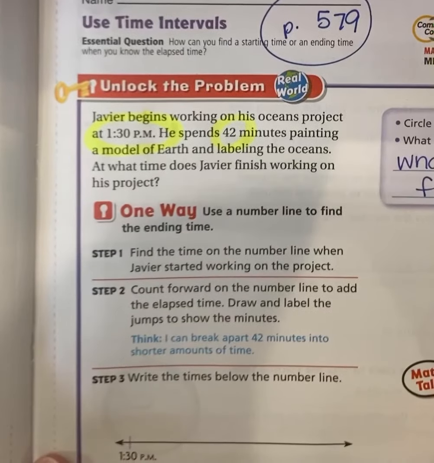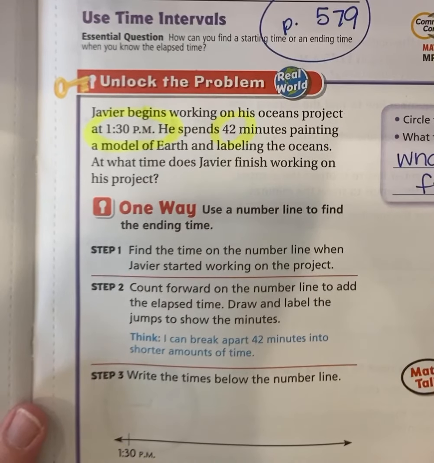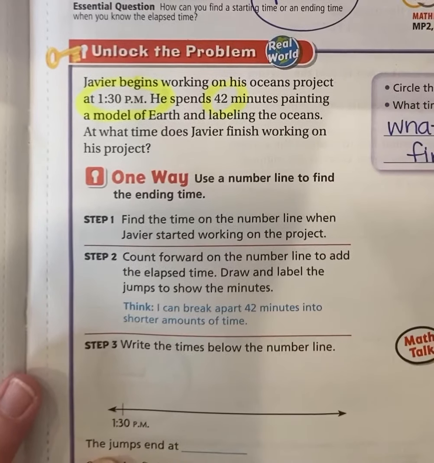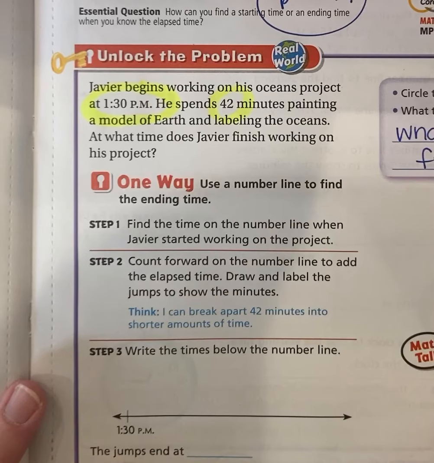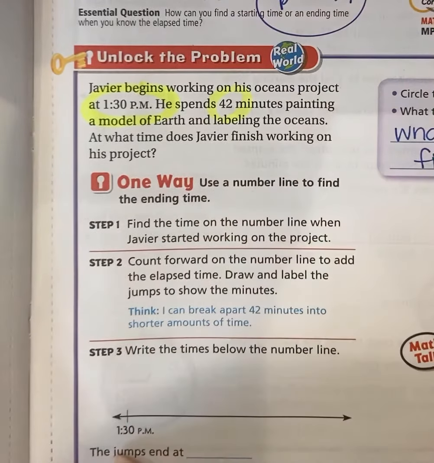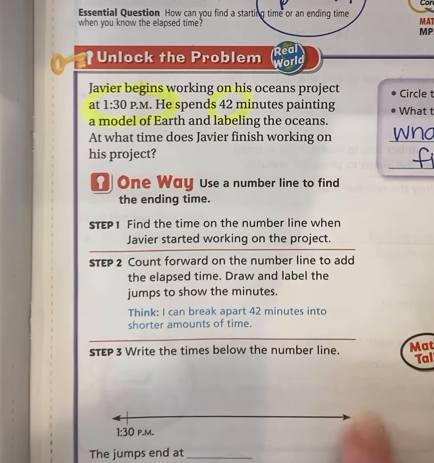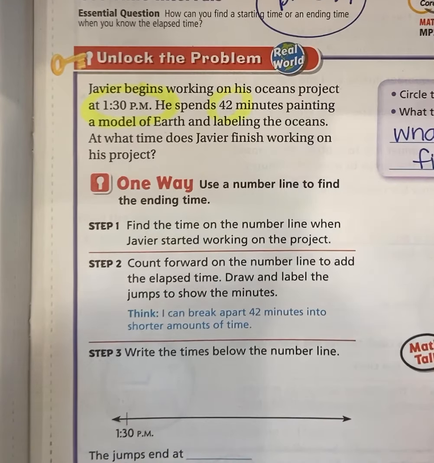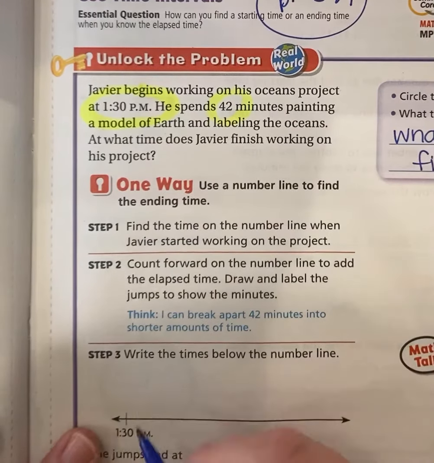Okay, so one way that you can do this is you can use a number line to find the ending time. So I'm gonna see if I can't move my camera down a little bit. Hopefully it doesn't fall. One way is you can use a number line. You're gonna find the time on the number line when he started working on the project. If you see right here, they already have 1:30. So we are gonna count forward on the number line. We're gonna make jumps and we're gonna add to figure out how much time has gone by. So if we start at 1:30 and we go 42 minutes, we can go